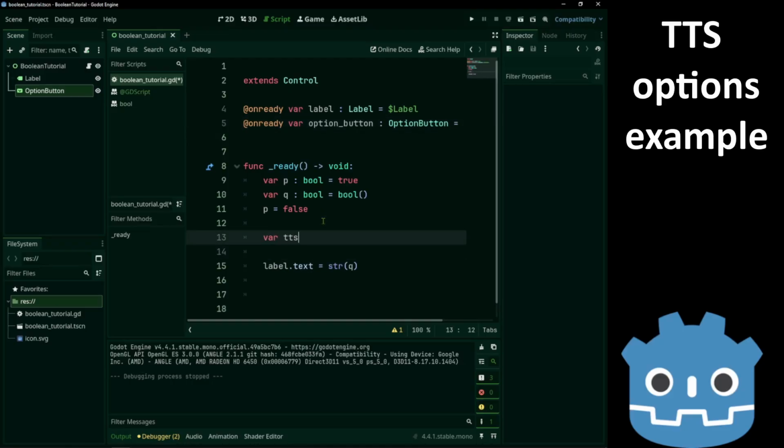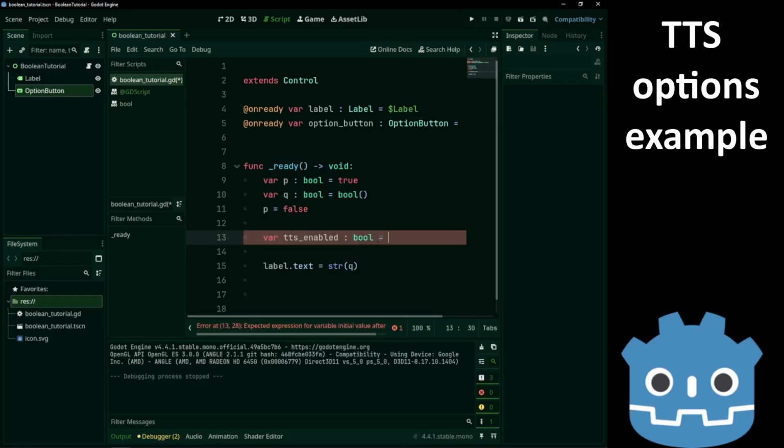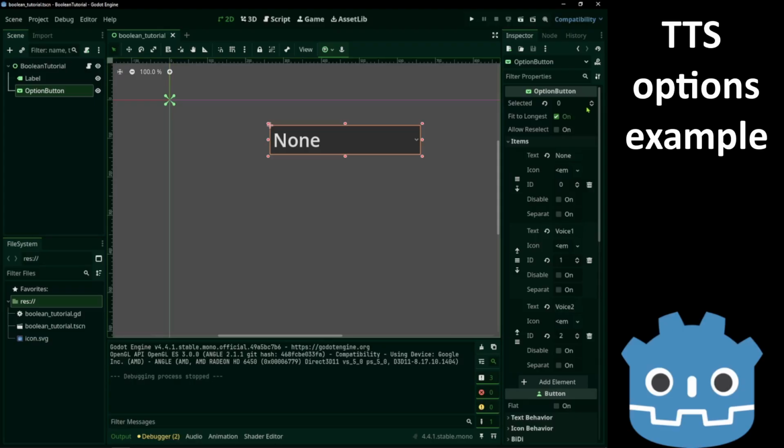We'll store a boolean for whether text-to-speech is enabled. That will be true if option is voice 1 or voice 2 instead of none.